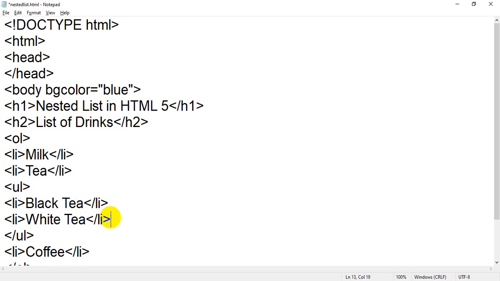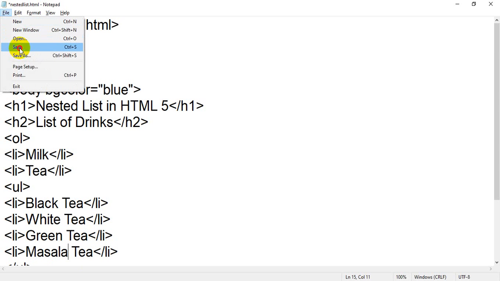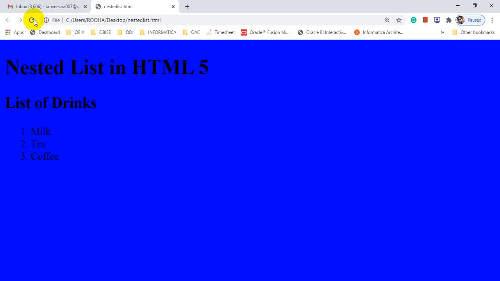Okay, then I have Control V, green tea. We have green tea. Then we have something called masala tea, you can say. Okay, let me save the file. Flip back to your browser. Now you will see. See student,